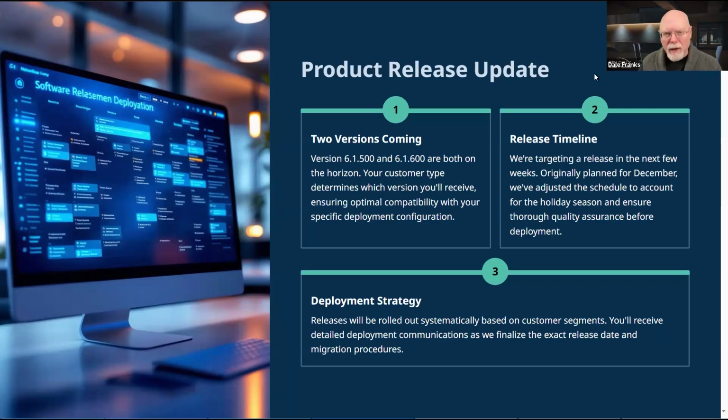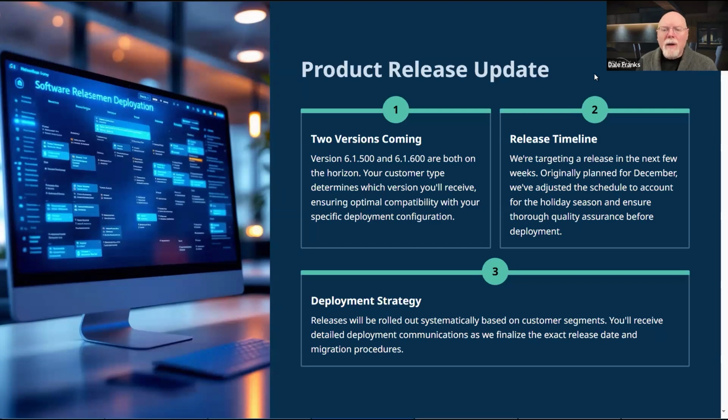Therefore, they're going to have different release numbers, 6.1.500 and 6.1.600. That's how we're tracking. Ultimately, all of the Pathfinder features and functionality are going to be the same across both the platform and the life sciences customers. That is going to take some extra development time. And ultimately, there will be a unified product that uses both. For now, however, there are going to be kind of two forks.